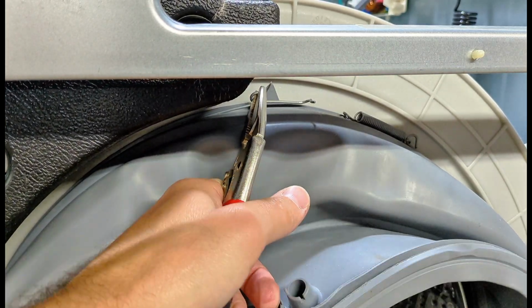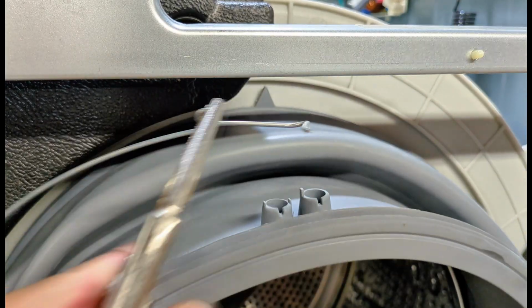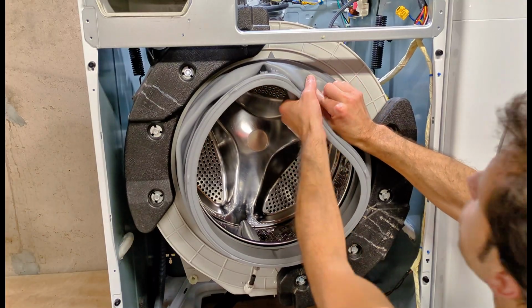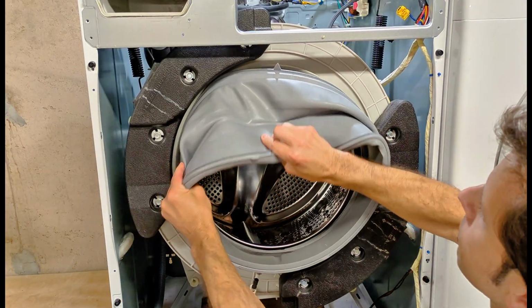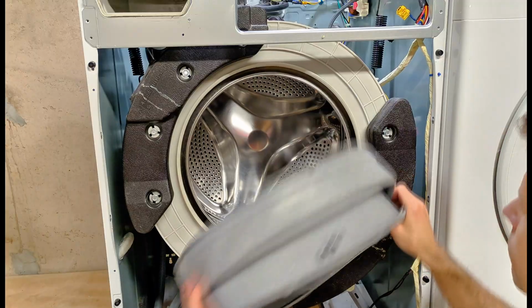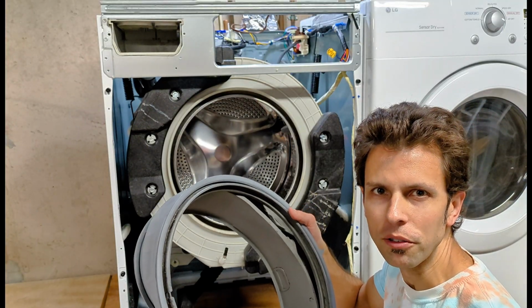Unhook it. Then the spring clamp will come all the way off. And then you can just pull the gasket off of the drum. Now the manual states you want to clean the gasket in a bleach and water solution, or of course you